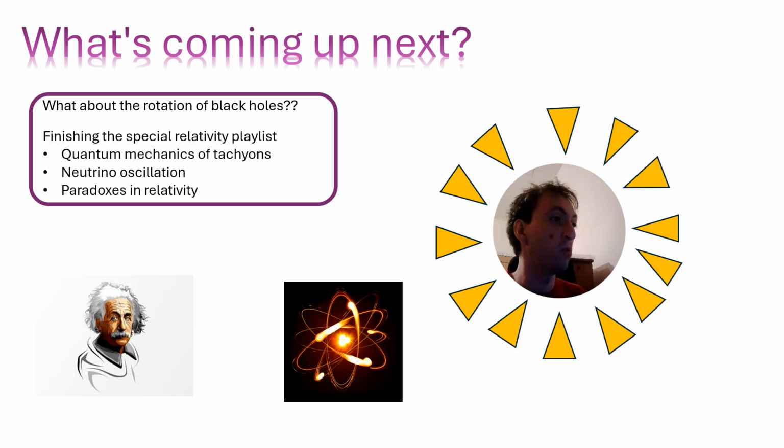I'm also going to be working on finishing the special relativity playlist, looking at the quantum mechanics of particles which from our perspective travel back in time, so particles called tachyons. We'll talk about neutrino oscillation and how that comes about due to neutrinos having incredibly tiny masses, and then we'll also talk about paradoxes in relativity, both paradoxes which are well understood and also ones that require a bit of philosophy to explore further, like the one called the twin paradox, where the maths is generally agreed